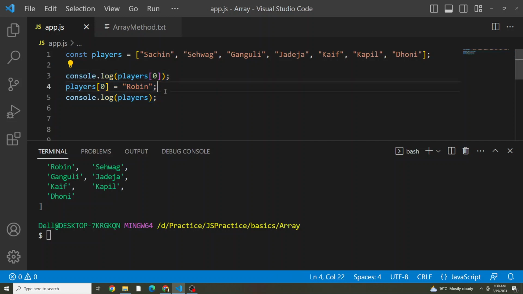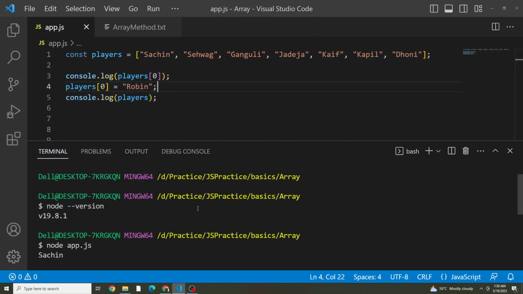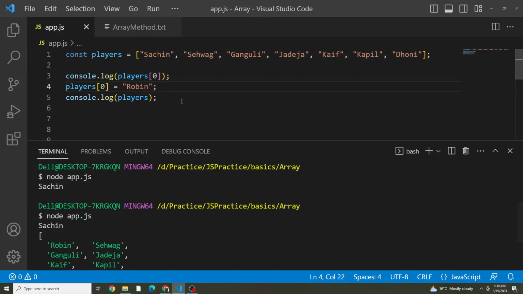I wanted to say something, but I forgot that. Okay, if I remember, I'll mention that again. So now the first function we are going to see is